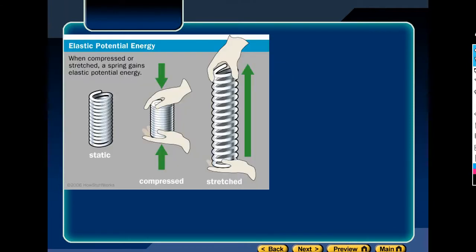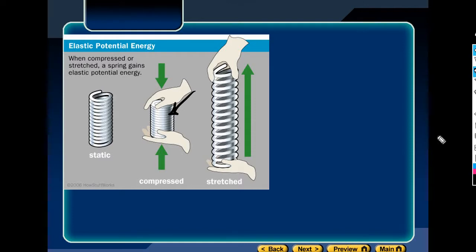Look over for this spring, for example. If we compress or stretch this spring, it will move. Now why does this spring have kinetic energy or movement? Because of the potential energy stored in this material. When we compress or stretch it, we have motion, and the energy comes from this potential energy